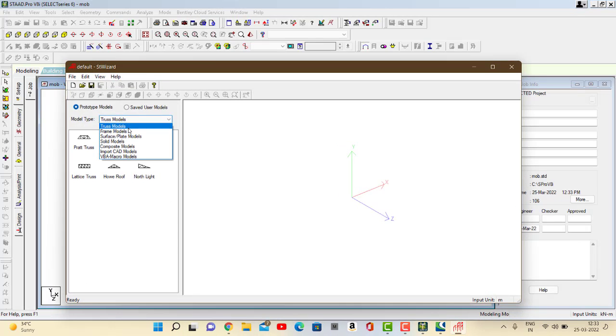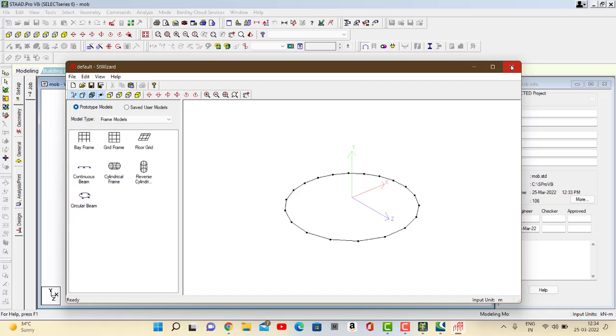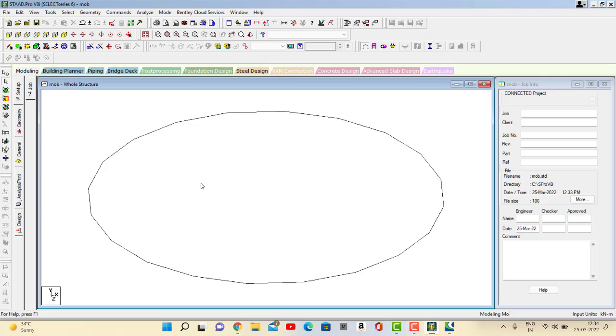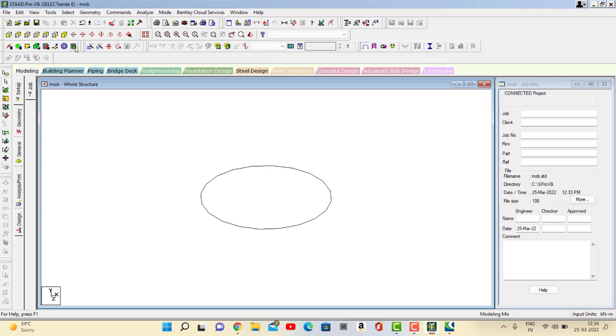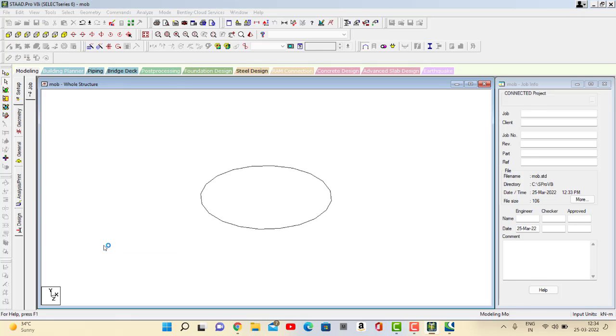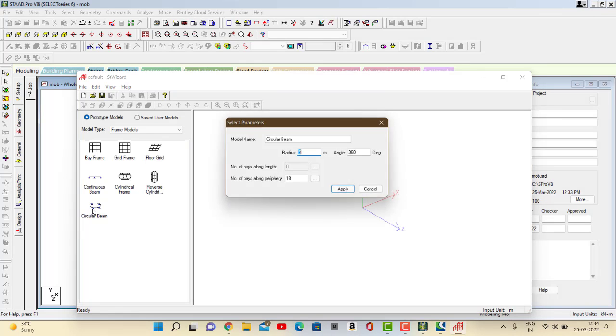It will open directly here, and now we should take the frames mode and click on the circle, and the radius of 6 and number of bays along this 20, and apply, close it. Okay, we get it. Zoom out a little and go again to geometry, run structure wizard here and click